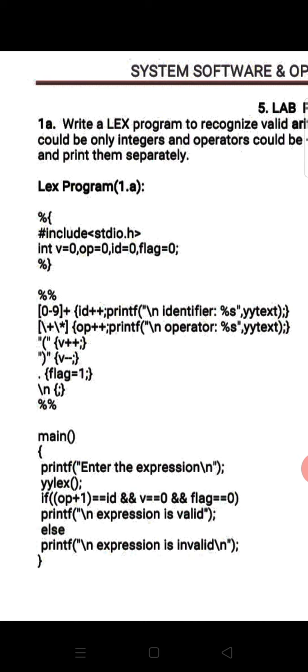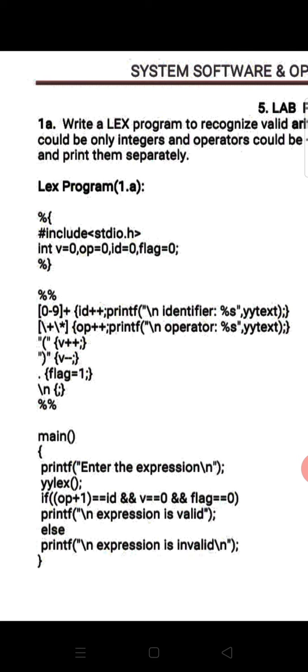plus, that we call a character class. The character class contains a number from 0 to 9 followed by a plus operator. This pattern is responsible for matching any number. If any number is present in the given input string, it is matched with the help of this first pattern itself, and once the matching occurs with a particular pattern, the corresponding action is going